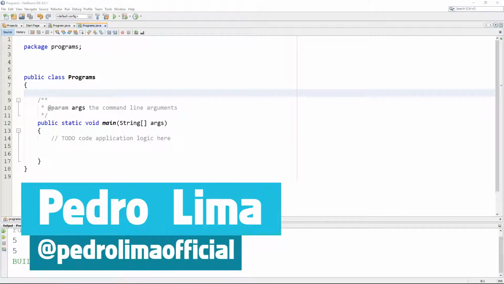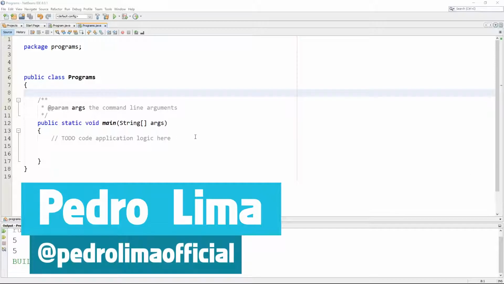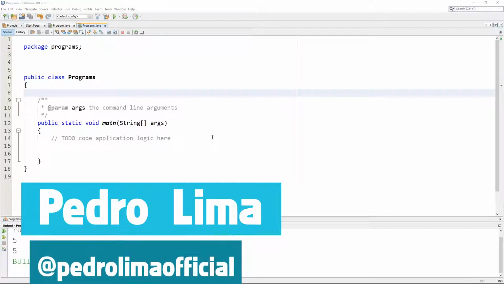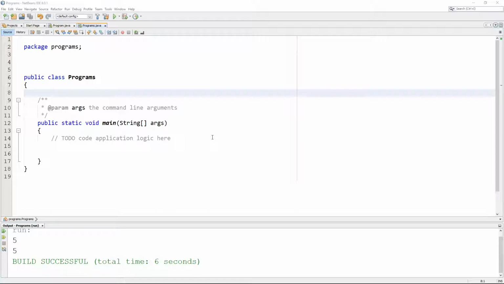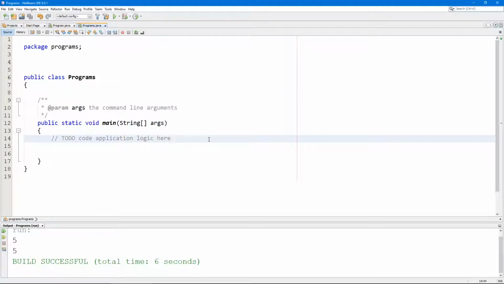So in this video I'm going to show you guys how to read text from the keyboard. So there are a couple of things that we need to do in order to do this. The first thing we need to do is to import a module. So this is going to be the first time that we're going to import a module in Java. So the module or namespace that we're going to import is called